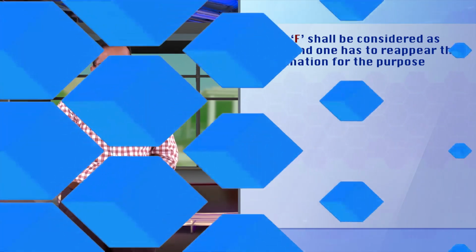That means, if somebody cannot secure the minimum grade or grade point to pass the examination of a semester or the whole program, he or she shall be considered as failed